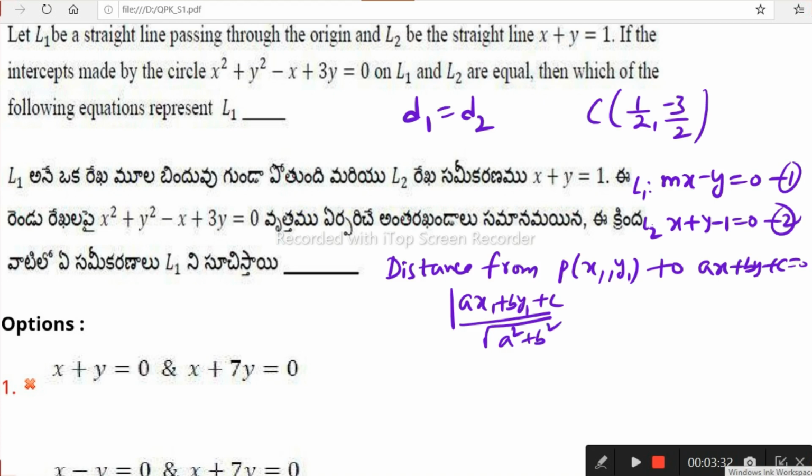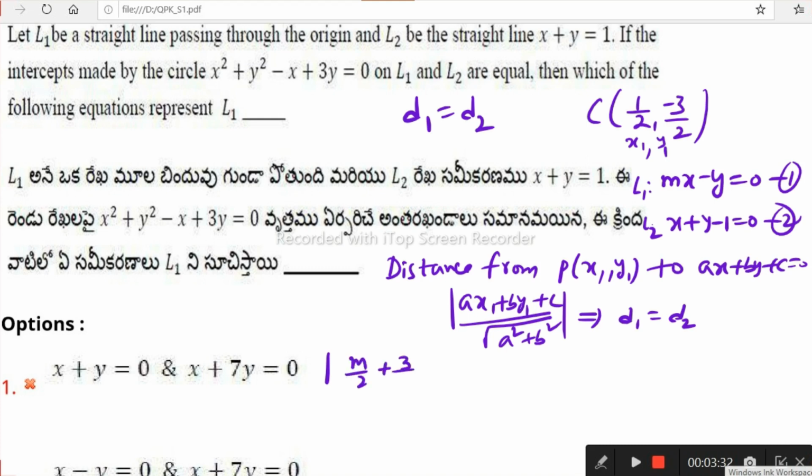Here we use the point (x1, y1) = (1/2, 3/2), and d1, d2 are the distances from the center to the first line and the second line. By using this formula, we want the relation d1 equals d2. From this we see the modulus of a x1 plus b y1 plus c: a is m, x1 is 1 by 2, that is m by 2